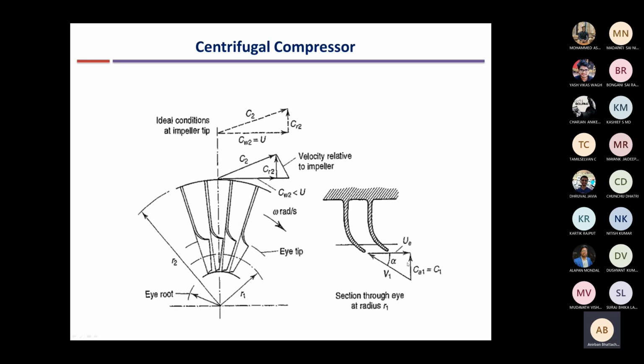At the inlet, the velocity triangle is: the flow comes in at velocity C1 perpendicular to the direction of the screen, and the relative velocity is V1, which is at an angle in the plane perpendicular to the screen, and the blade velocity is U1. It is shown as UE, but it is U1. We will call it U1.